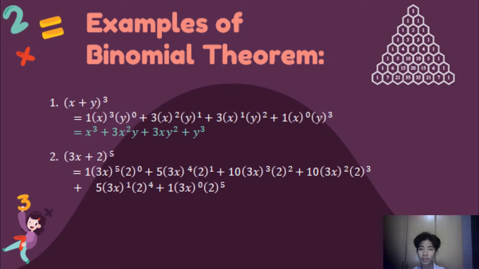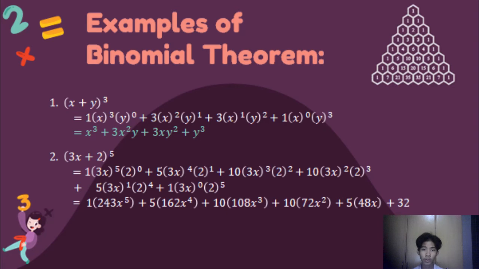Again, we will use the descending order for the first term while the ascending order for the second term. And since we have the exponent of 5, we will use row 5 in the Pascal triangle. So it will be 1 quantity 3x raised to 5 times 2 raised to 0 plus 5 quantity 3x raised to 4 times 2 raised to 1 plus 10 quantity 3x raised to 3 times 2 raised to 2 plus 10 quantity 3x raised to 2 times 2 raised to 3 plus 5 quantity 3x raised to 1 times 2 raised to 4 plus 1 quantity 3x raised to 0 times